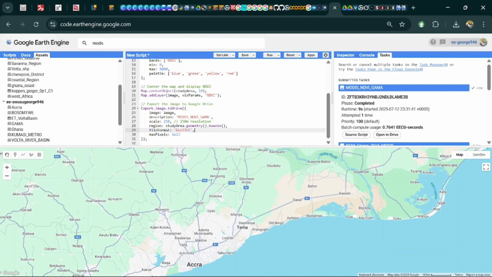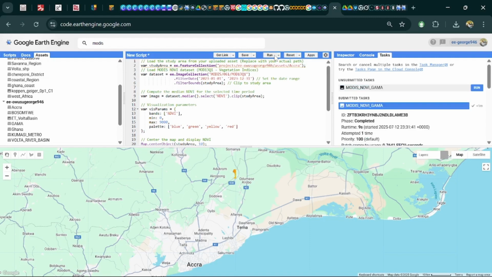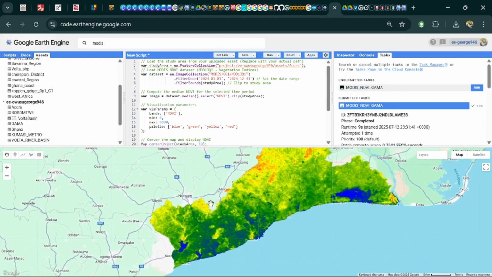Then you can see the GeoTIFF map will be downloaded to Google Drive, where we will download it to our file explorer or wherever you save your documents. So let's quickly run it and see the result that you'll be getting. Okay, very quick and fast. So as you can see, we have generated our